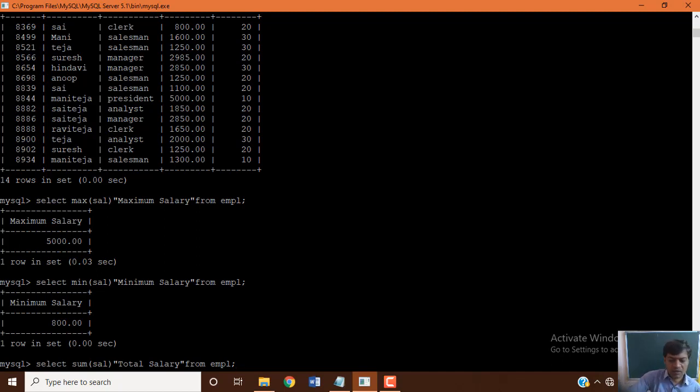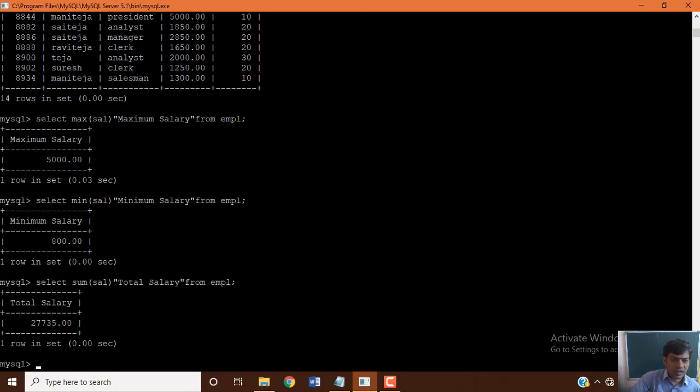As you can see, the total salary of employees is 27,735. When you look at the data of 14 employees and make the sum, you get the total value of 27,735 rupees as the total salary for all the employees.